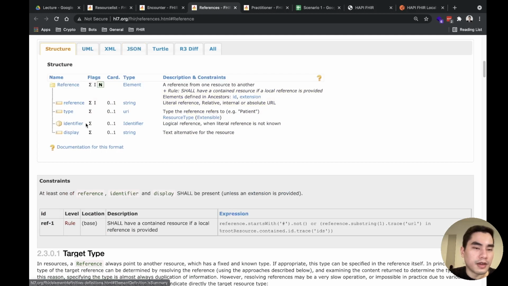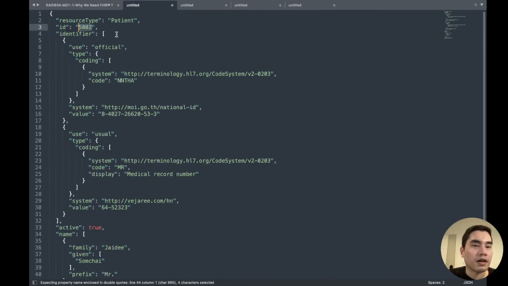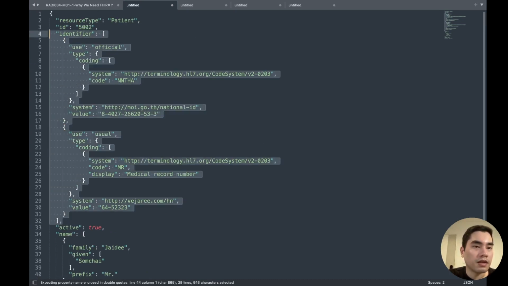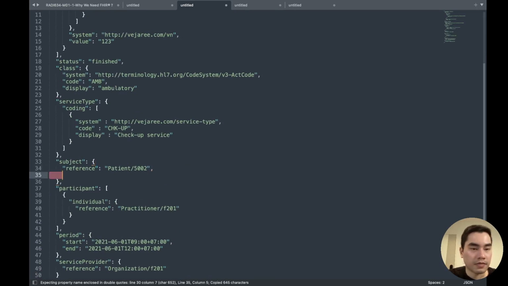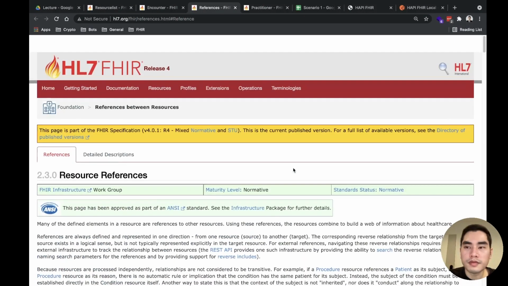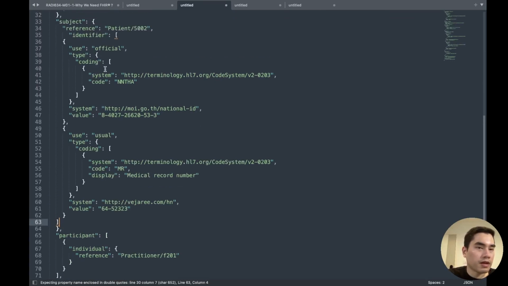Identifier. Okay, you can copy it here like this and put it in this thing. One thing is that if you reference with the logical reference, you don't know the literal reference, right?